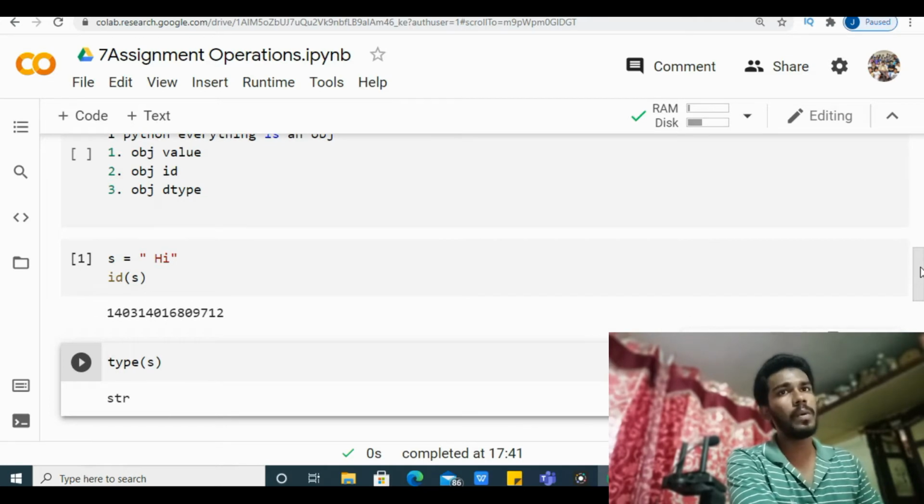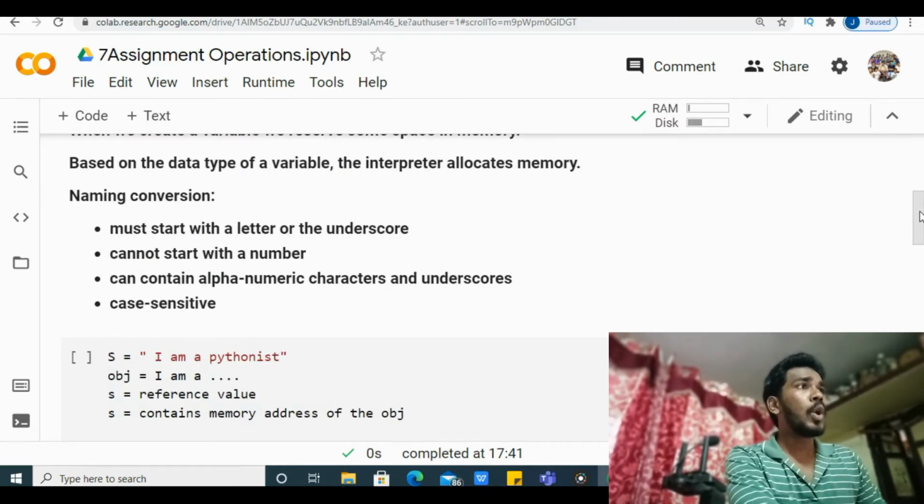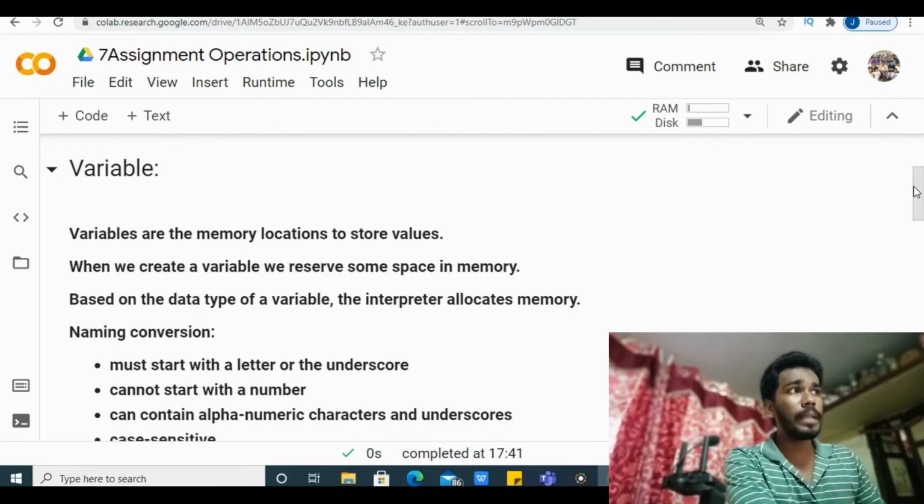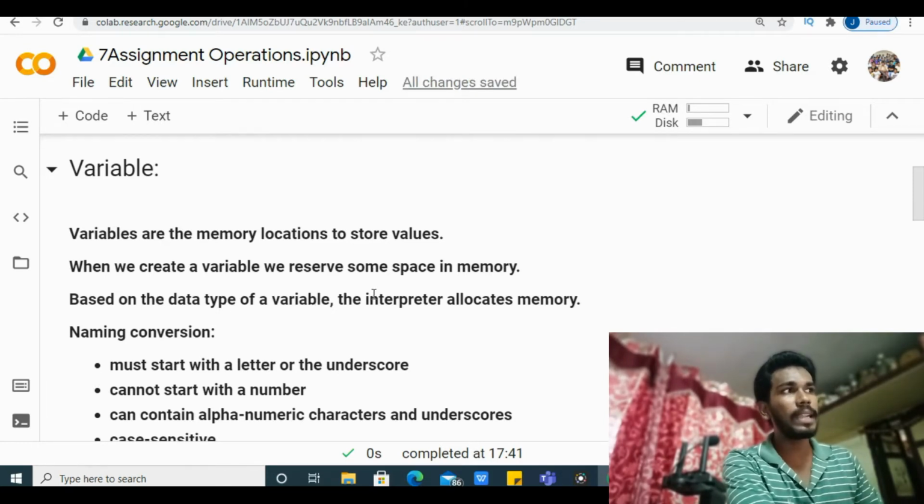This is how variables play a significant role in holding the memory address of the object value. So variables are memory locations to store values. When we create a variable, we reserve some space in memory, and based on the data type, the interpreter allocates memory.